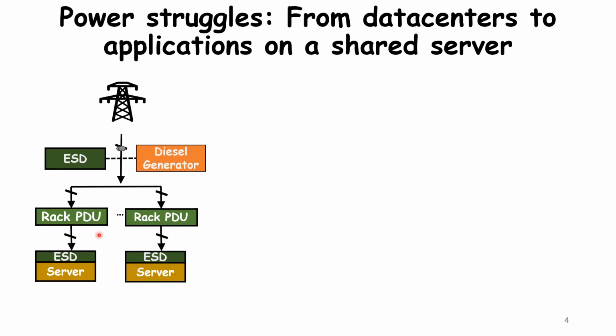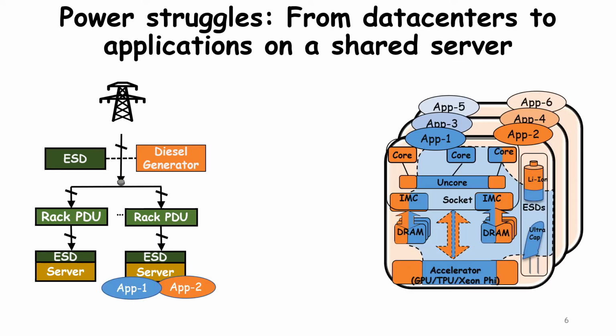Servers are the end units that consume power in a data center. Therefore, any data center level power constraint gets translated to server level power constraints. If we look at today's servers, they are brawny machines with plentiful cores, cache ways, and memory capacity. Therefore, data centers host multiple applications on the same server and carefully isolate the applications from each other in their direct compute resources such as cores, caches, and memory.